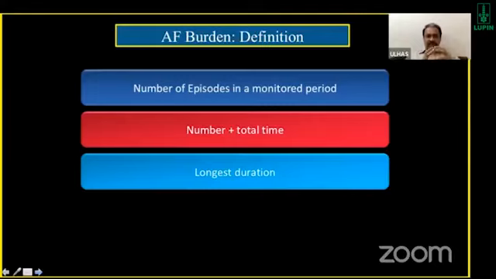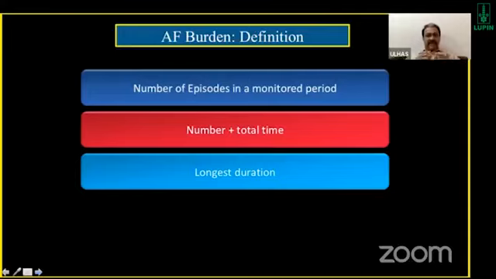its prognosis or the risk for developing stroke may not be as much as a person who had only 20 episodes during the 100 days of monitoring, and one or two of the episodes actually lasted longer. Say, for example, one episode lasted for 1 day, and another episode lasted for 2 days. So this particular patient is at a higher risk than a person who had more than 100 episodes during a monitored period, but each episode lasted only a few seconds. So this also needs to be taken into account.